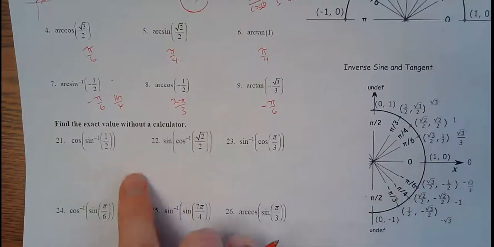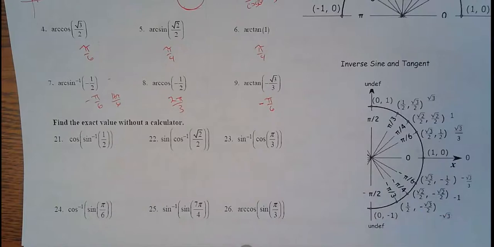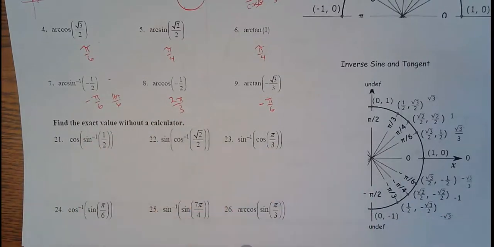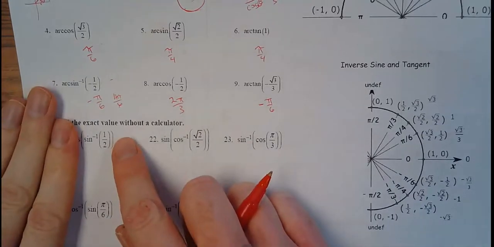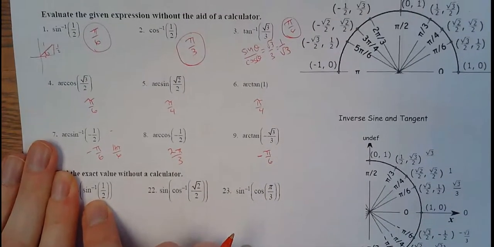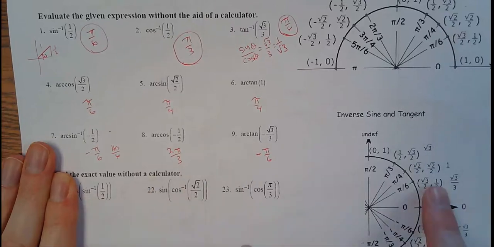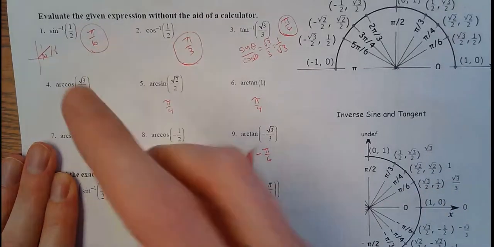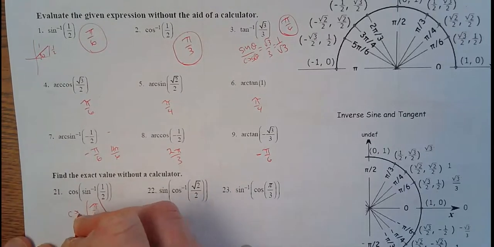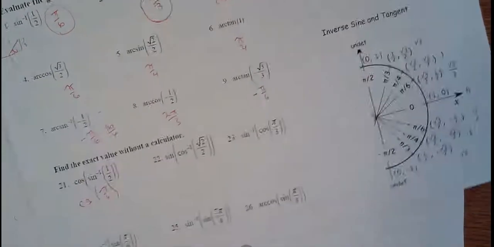Okay, so these guys down here, we're kind of doing two steps in one. Now, this is a composition of sorts. We're just not graphing them. That's what day 6 was, graphing a whole bunch of compositions. So first off, for this one, just do the inside first. Sine of inverse sine of 1/2, or arc sine of 1/2, which we can look up over here, or we already did that up here in number 1. This is pi over 6. So now I'll take the cosine of that. Cosine of pi over 6,